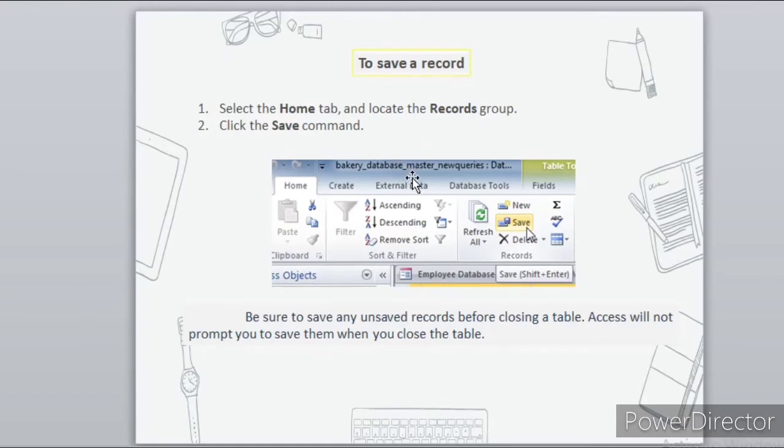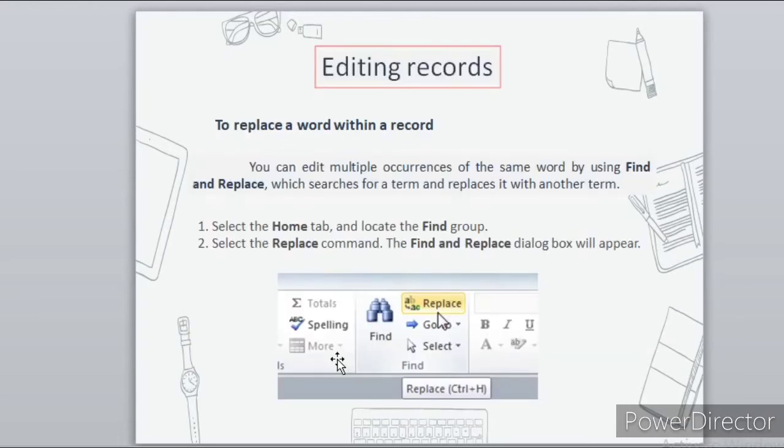How to save a record? Select the Home tab and locate the Records group. Click the Save command. Be sure to save any unsaved records before closing the table. Let us see how to edit records. To quickly edit any record within a table, simply click it and type your changes.